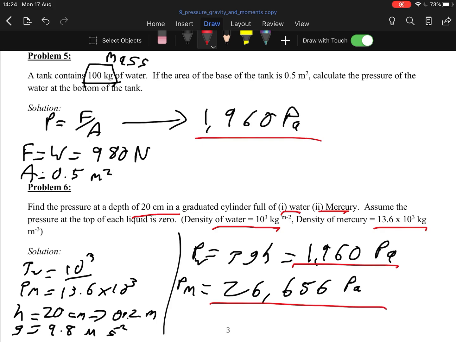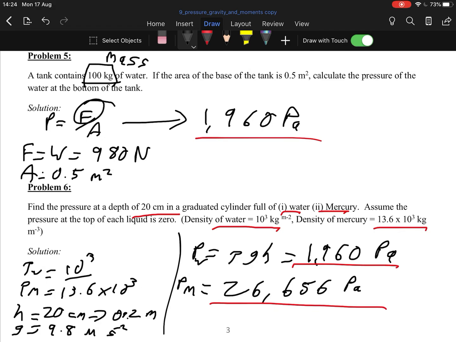That's kind of it really with that kind of question. The way that changes is sometimes they say a block is floating, what's the pressure on the bottom, what's the pressure on the top, and all that. And that's generally the same thing all the time: pressure, gravity, height, pressure, gravity, height. Just be careful that sometimes you have to work out